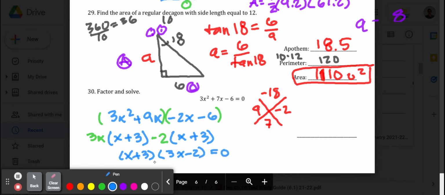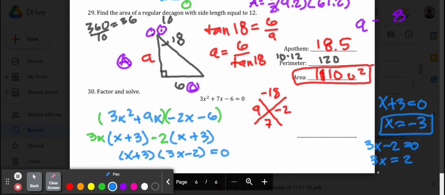So set each of these equal to 0. This one's going to be x plus 3 equals 0 becomes x equals -3, so that's one answer. And then the next one, we get 3x minus 2 equals 0, so that's going to be 3x equals 2, and then divide by 3, that's 2/3. So those are our two answers, -3